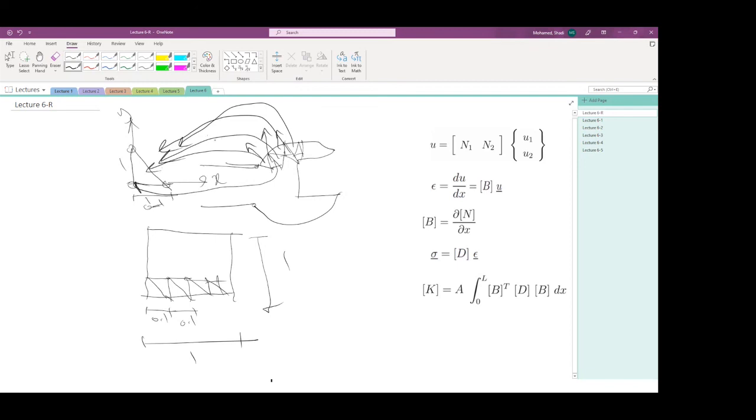Now, the mapping process itself is not easy, it is slightly complex, but I'm going to try to simplify it as much as I can. So I'm going to try and simplify it by deriving it for a 2-noded element. I'm going to show you how this process works for the 2-noded elements. But this process for a 2-noded element would make absolutely no sense because you can easily map things. Think about elements of different length, but all of them are 2-noded. So you have one element here and one element here and one element here, and you want to map them,